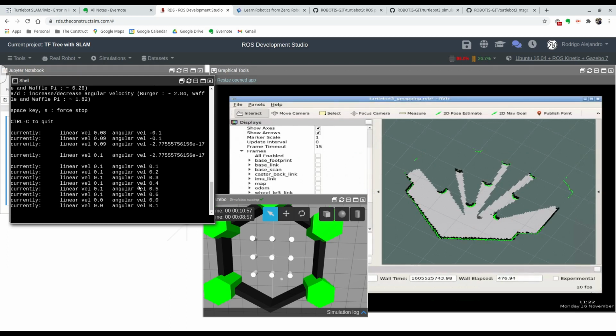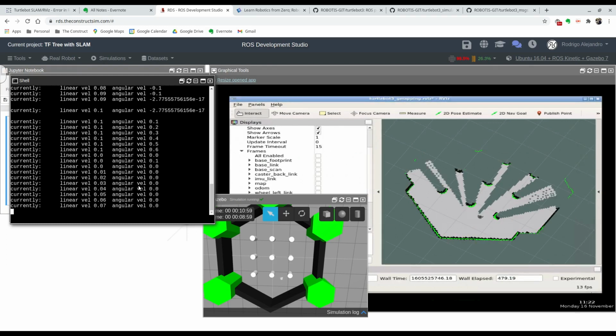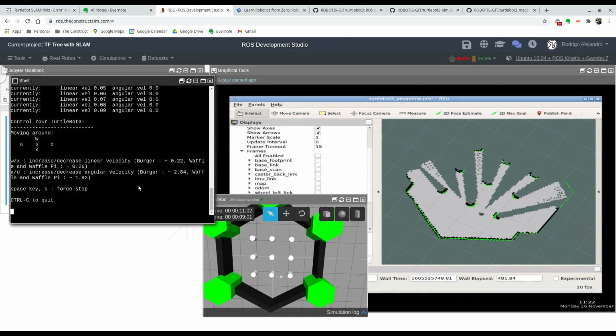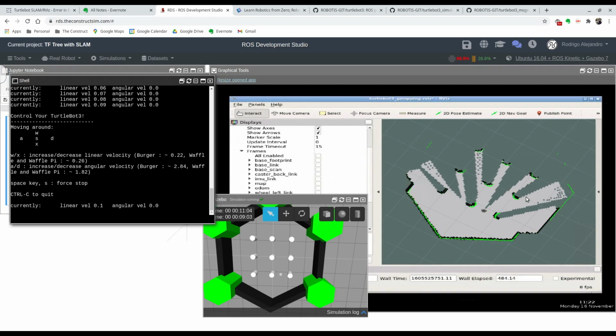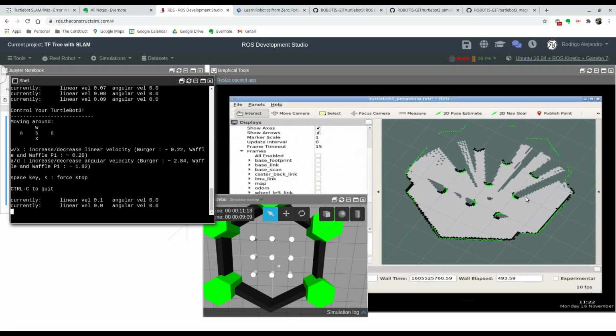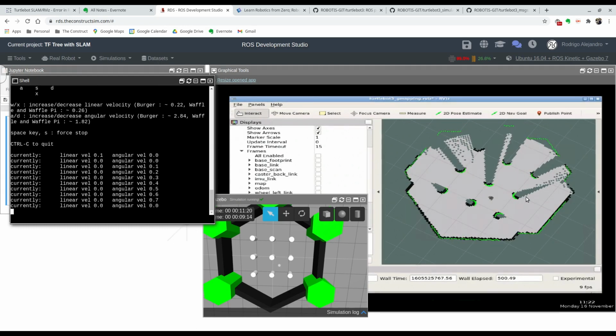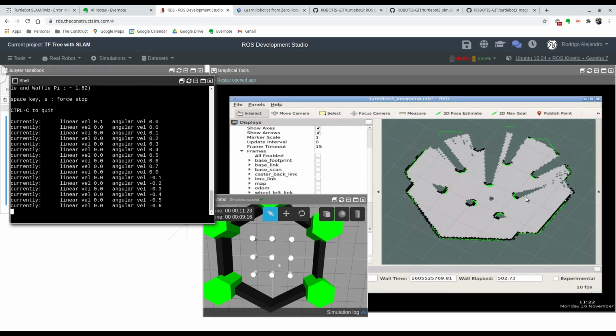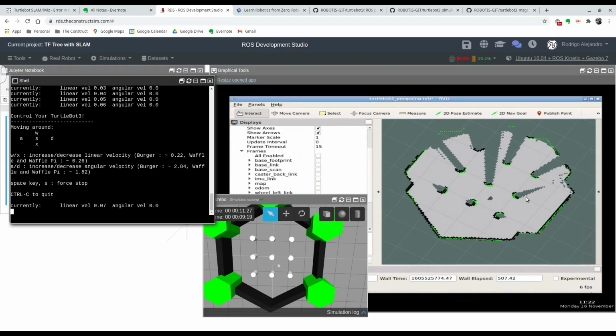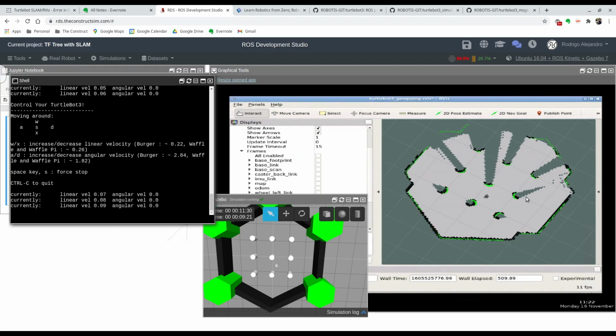We're just going to make sure that the TurtleBot sees everything. And you can see on the right in RViz how it's starting to complete the map. A good way is to go to this middle part, and there you go, and rotate it around so it sees everything, and then go to the places that are not explored yet. So we're going to go to that far corner over there,